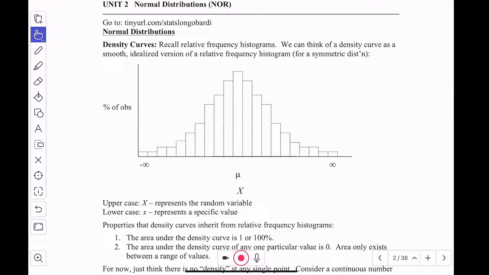So here is an example where we have a relative frequency histogram, and I can talk about smoothing this out and saying, I believe if I had all the data, that would be the pattern that would continue to exist. It would be symmetric with one peak. Because, you know, when I say that, I'm saying that because you could have symmetric with two peaks. This is symmetric with two peaks. So I have to say one peak.